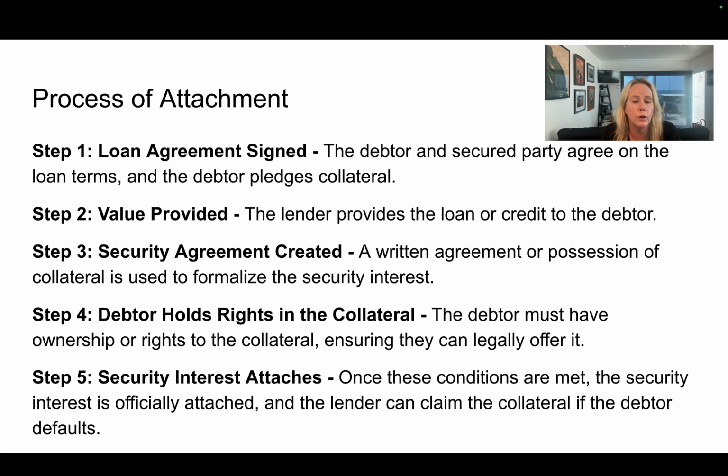First of all, we have the loan agreement, signed loan agreement. Each side signs on the loan terms, and the debtor has to pledge the collateral. The lender has to provide the loan or the credit to the debtor. There has to be a security agreement or a written agreement. The debtor holds rights to the collateral and the security interest. Once all of those conditions are met, then the security interest attaches, meaning that the lender has rights in the